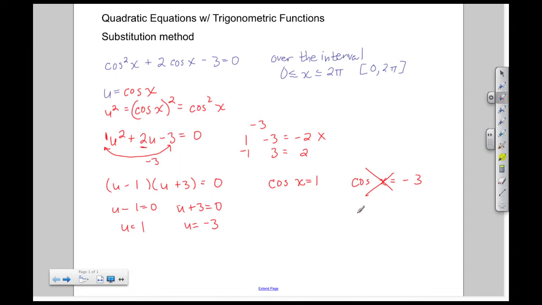The next thing I want to do to make this clear is draw the unit circle. The unit circle is just a circle that has a radius of 1, and I'm going to list the radians around this circle so that there'd be 0 radians, up here would be pi over 2, over here is pi radians, down here is 3 pi over 2 radians, and when I get back to 0 I'm actually at 2 pi